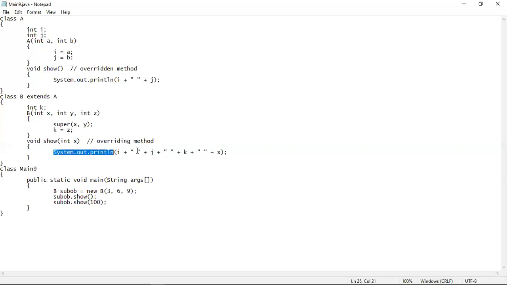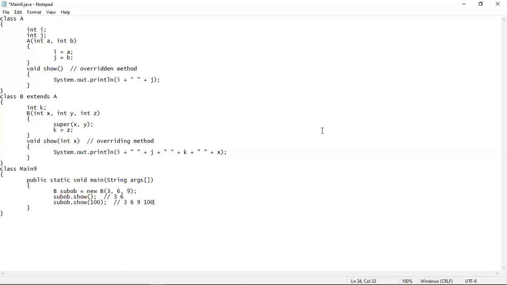And inside this System.out.println, we are printing the values of i, j and k, and also x. So this should give you the output from the superclass version of the show method, that is 3 space 6. And this should give you the output from the subclass version of the overloaded show method, which is 3 space 6 space 9 space 100.